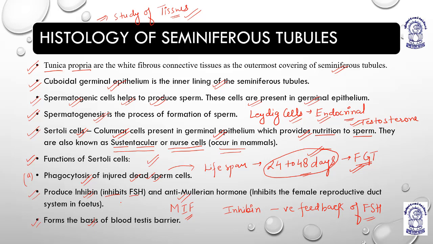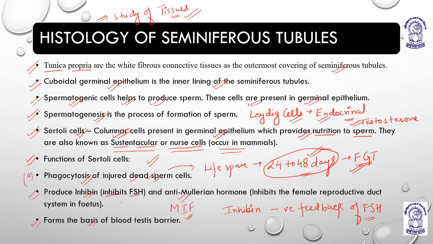So it prevents the passage of all these toxic substances, non-nutritive substances, and the other drugs, so that they cannot come and mix with the fetal blood and produce any harm to it. That is why there is a barrier of epithelium. This barrier of epithelium and connective tissue basically helps to prevent or to filter the blood at certain checkpoints.